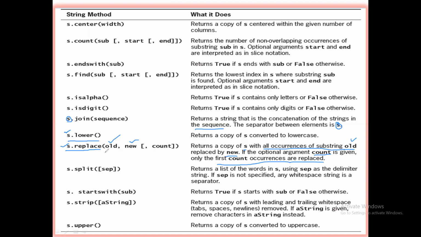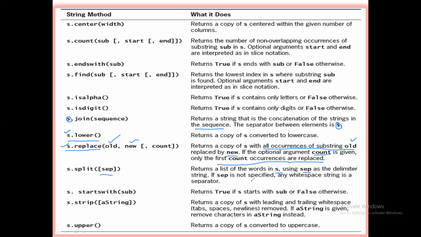The next method is split method, which is called on string object. S dot split of the separator you need to specify. So it returns a list of words in the string, using the separator mentioned as a delimiter of the string.